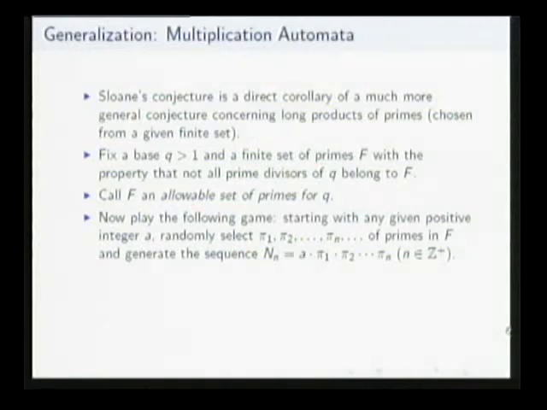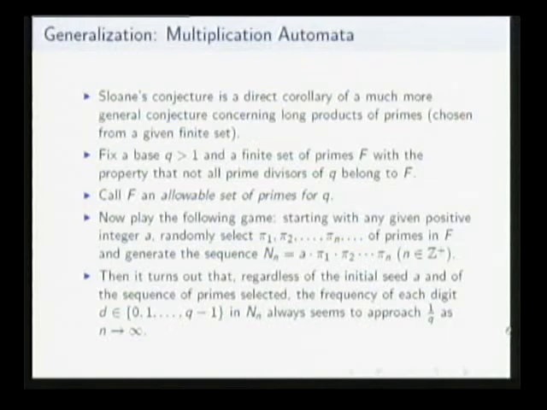So you start with a positive integer A, and then you randomly select elements from the set F. You draw a first one, pi 1, put it back. Then pi 2, then pi 3, and so on. So you have a sequence of numbers chosen from this finite set F. And then you build these numbers just by multiplying like that. So the conjecture